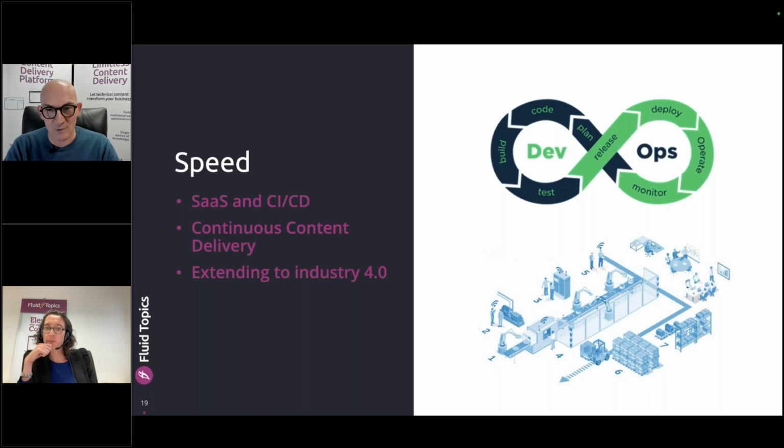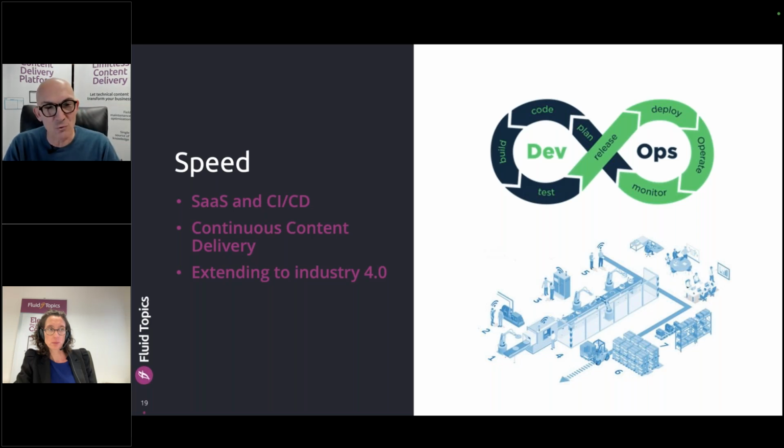The problem is that if it takes you 3 months to release a new version of your content, you cannot cope with the faster release cycles that we see today, where software products are being released every month or every week now. So you need to be able to release your updated content and new content in a matter of days, if not hours or minutes, which becomes critical. We see the same need of a faster release cycle with security fixes, which makes you need to release content faster, new products faster.